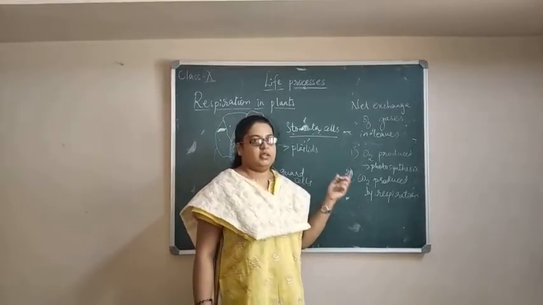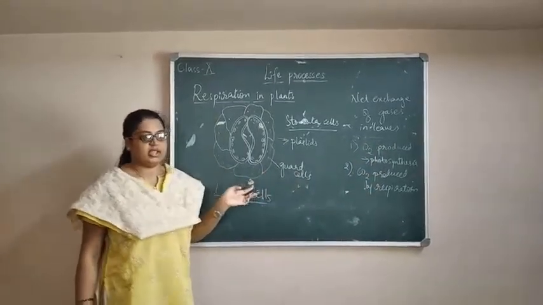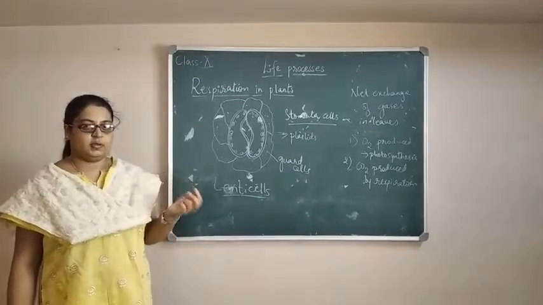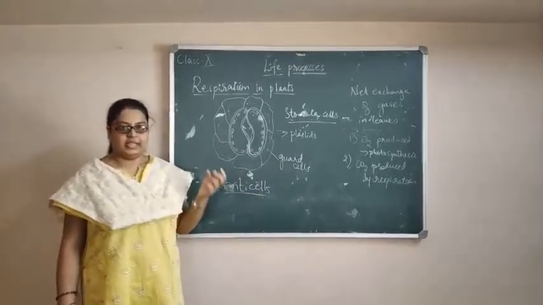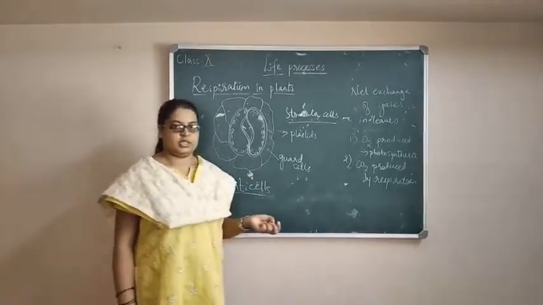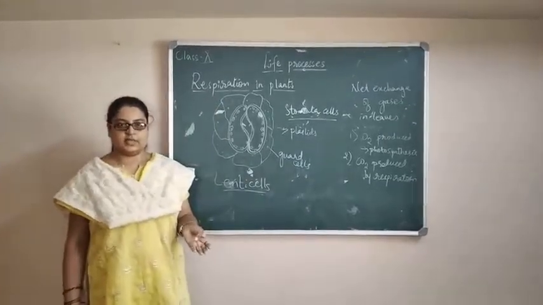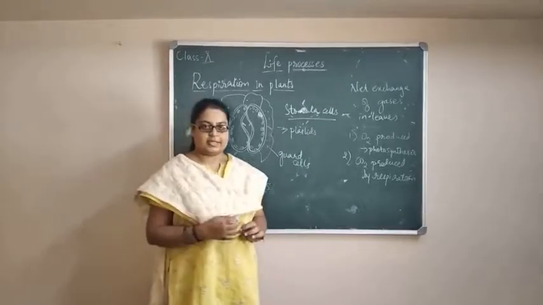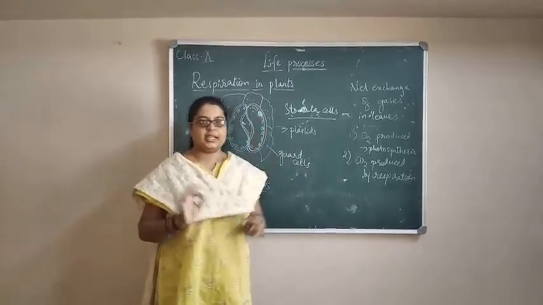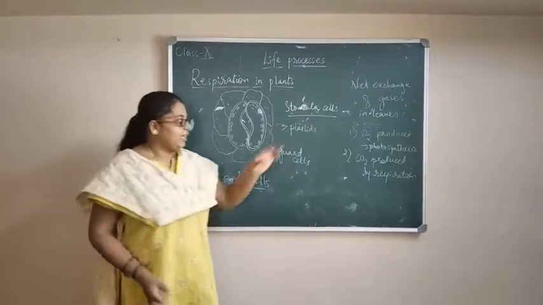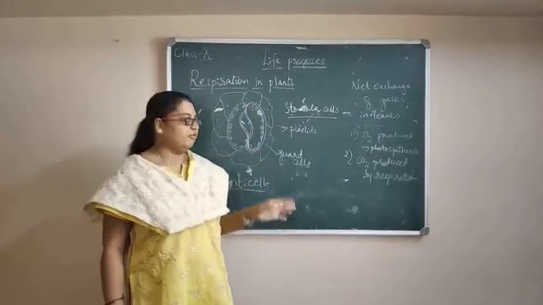During daytime oxygen is produced by photosynthesis, and as you know, during night time there is no net gain of oxygen. Even though plants prepare food, they utilize the sunlight they absorb during daytime for the photosynthesis process. At night, as there is no sunlight supply, there is no net exchange of oxygen as well as carbon dioxide. Oxygen is utilized, and carbon dioxide is produced, but it is not used for photosynthesis. So the net exchange of gases takes place in the leaf of a plant, not in the roots, not in the stem.